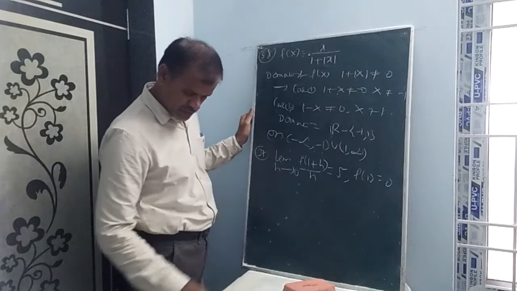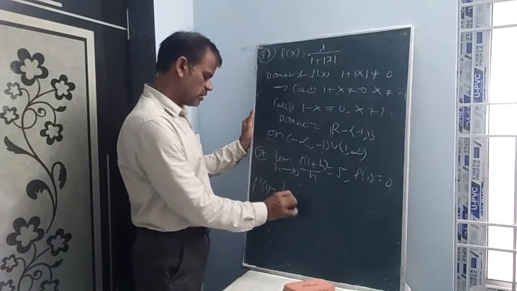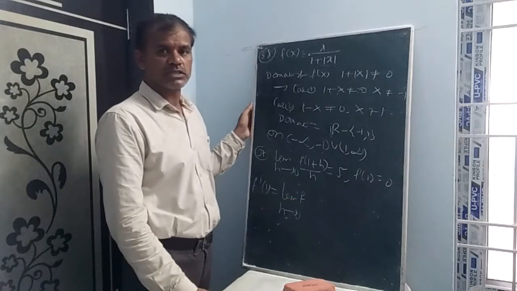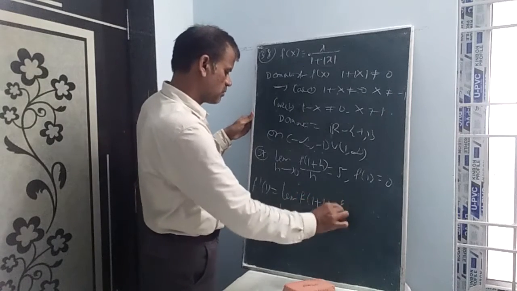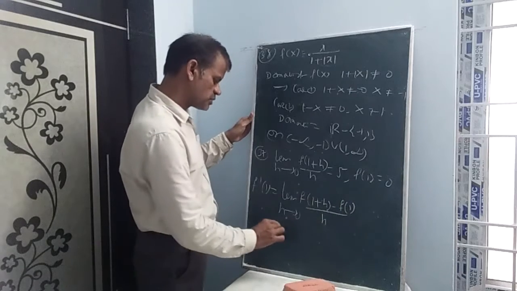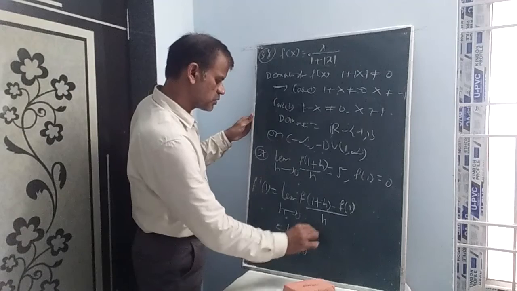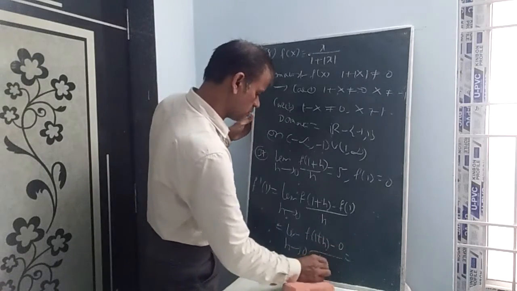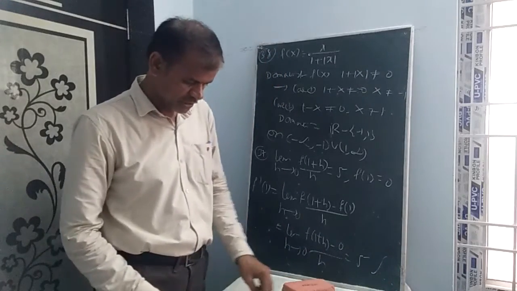Now, what he is asking is f dash 1. The formula for f dash x is limit h tends to 0, f of x plus h minus f of x whole by h. So f dash 1 is f of 1 plus h minus f of 1 whole by h. F of 1 equal to 0 is given. Directly you can understand that limit h tends to 0, f of 1 plus h minus 0 by h is equal to 5. Option 3 is right.